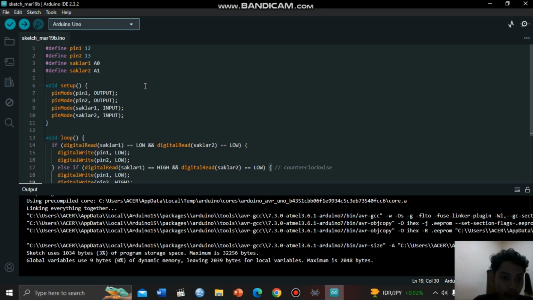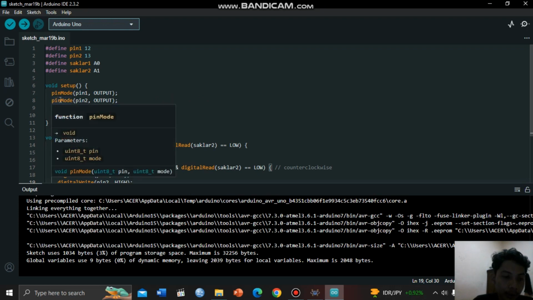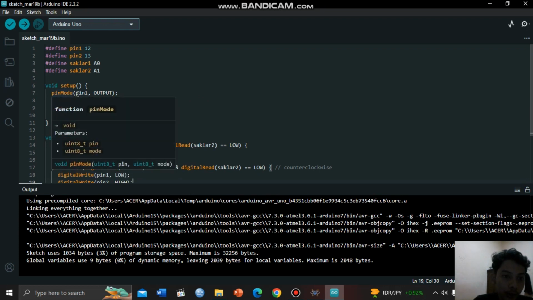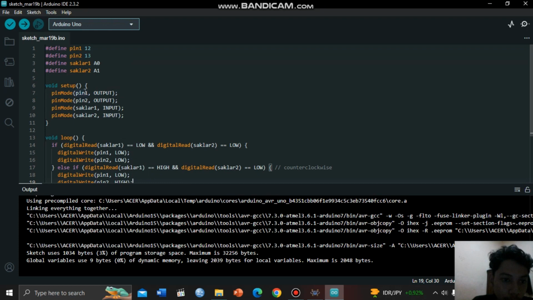Then in void setup, we define output or input pins. Example, pinMode pin 1 output. So pin 1 or pin 12 is output, and so on.